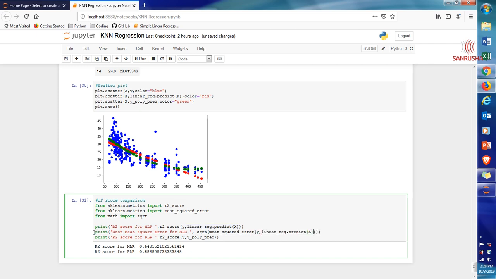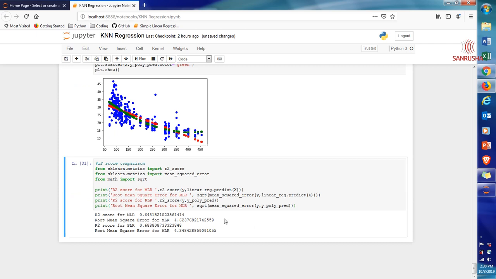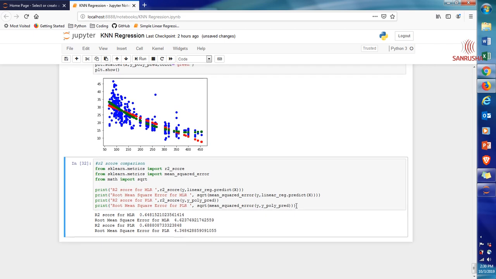So that's for MLR, and likewise do the same thing for PLR. In case of PLR it will be y_plot, y_polypred. Okay, here we go. So we got the R2 score and root mean square error for MLR, and PLR here. So there is an improvement in R2 score as well as root mean square error. Very good. Now we can begin the KNN algorithm.